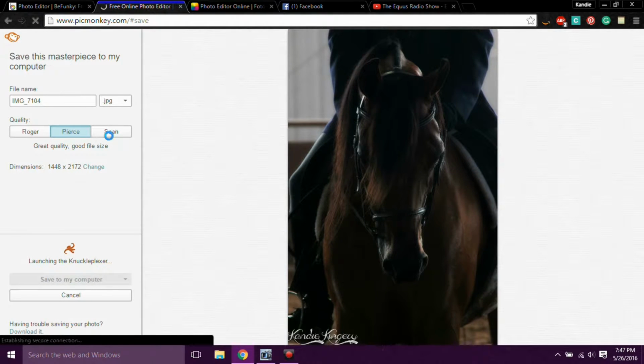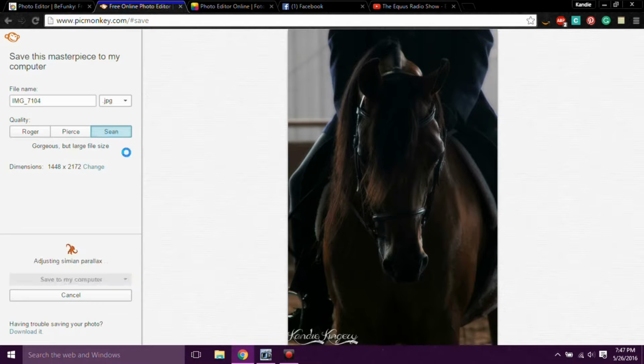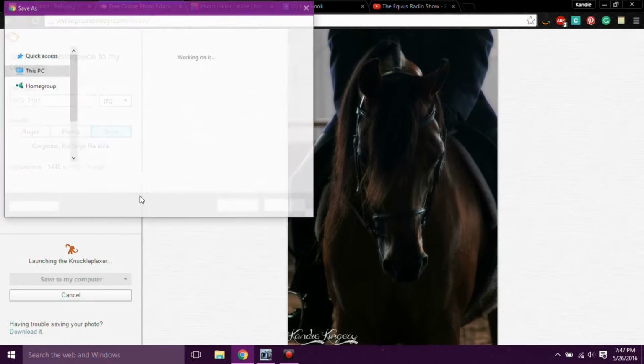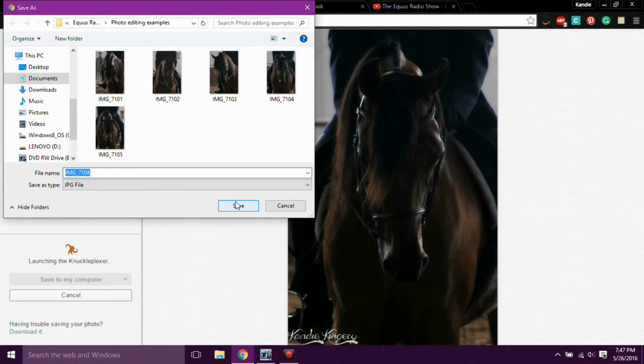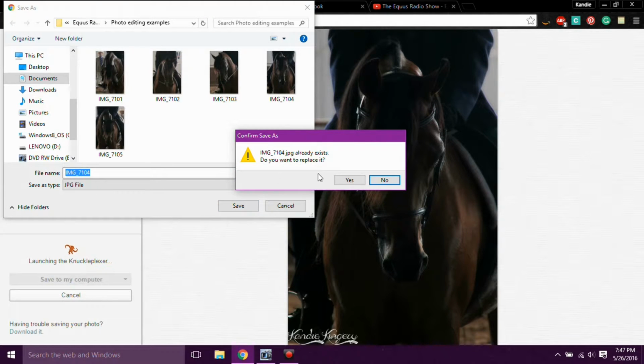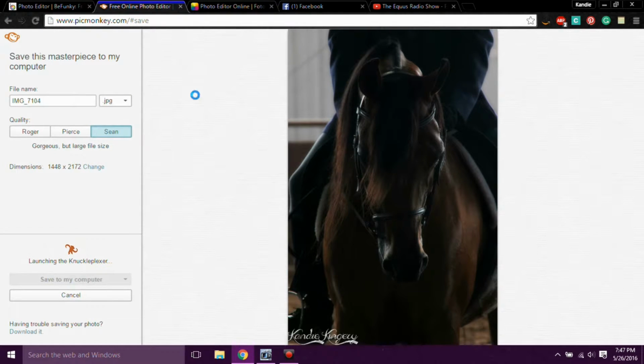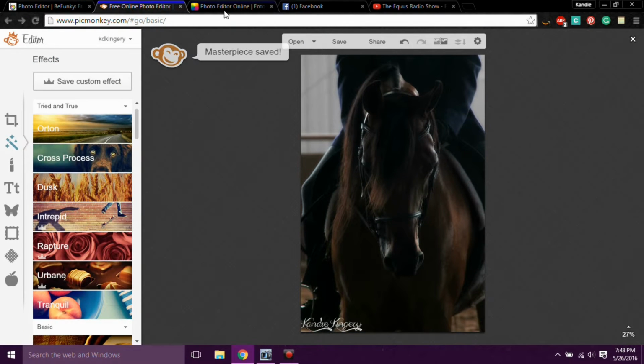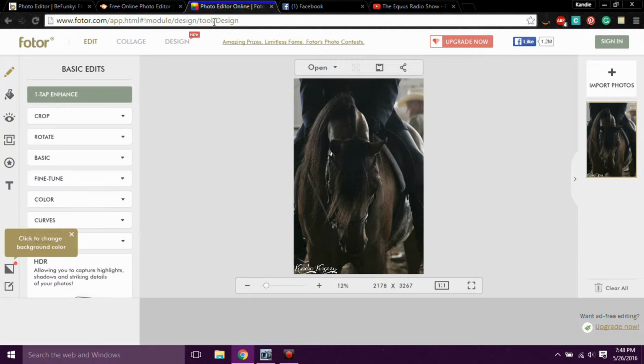And here you're going to save your masterpiece. I like to save it into a large file. And we'll save it. And there you go. And we're going to replace that, and look at that. Okay. So I like this one the best. This one's my favorite. And this one's the photo editor,